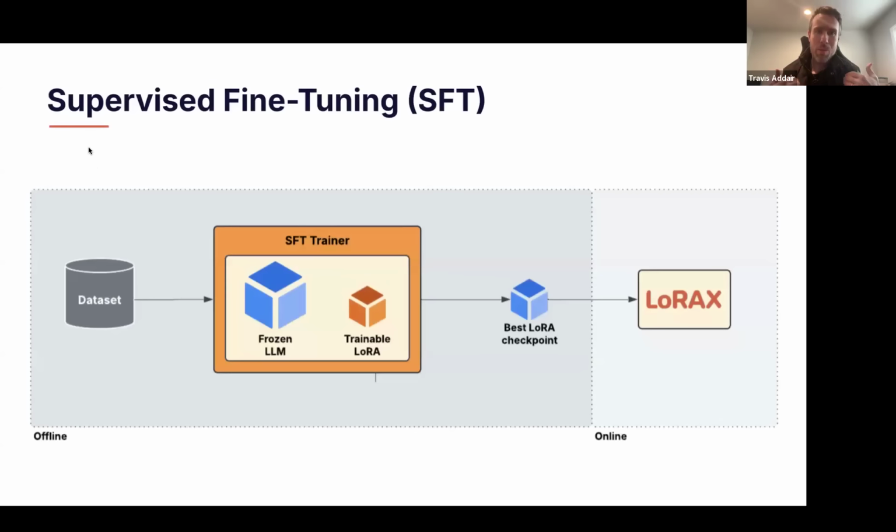Now, traditionally, we do use a technique called supervised fine-tuning to train models for fine-tuning. And this is what we call an offline training process. It usually starts with a static data set of here's some example inputs, here's what you should output. There's a frozen LLM backbone with a trainable LoRA layer, if you're doing parameter efficient fine-tuning, then out the other side, you get a final checkpoint, and then you serve that with an inference server like Lorax to be able to get fast inference